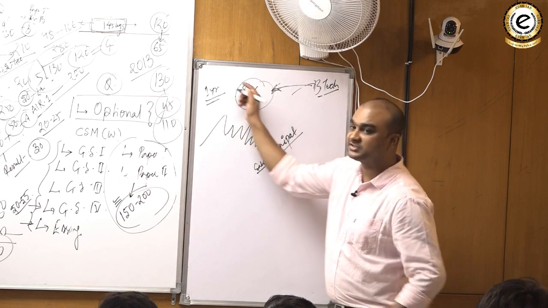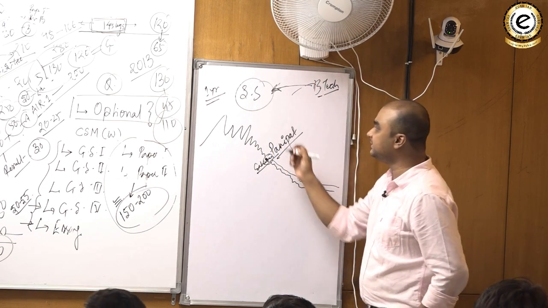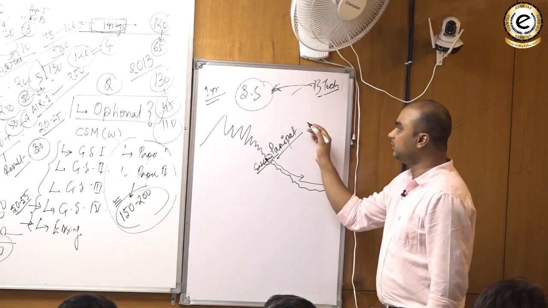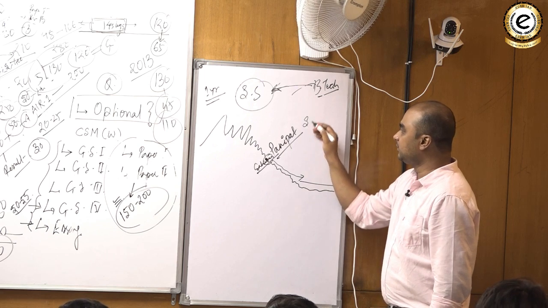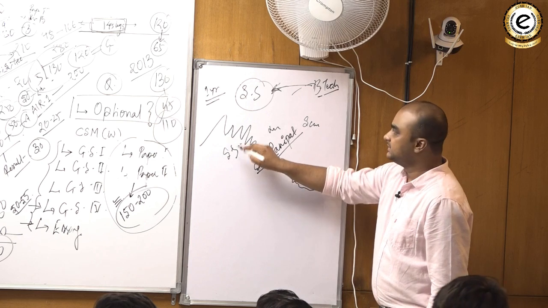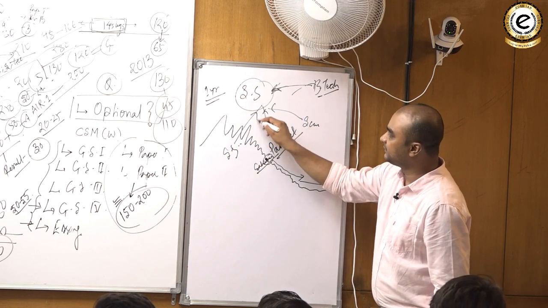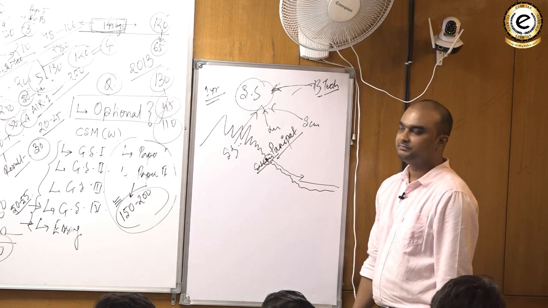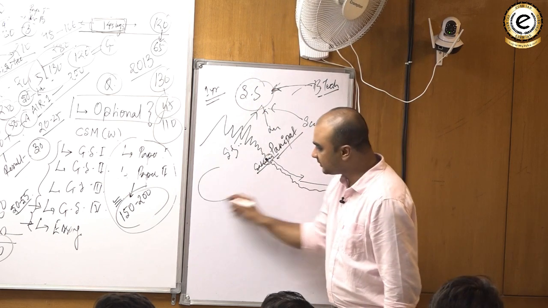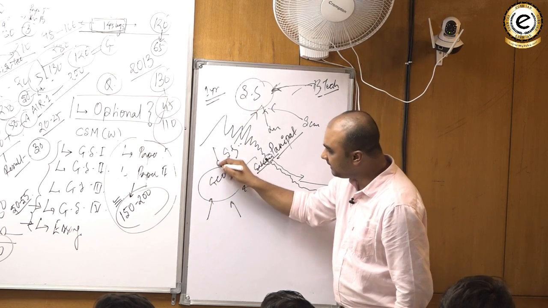So when you choose such an optional where you do not have interest, or suppose like this, that people from say science or maths or social science, they all have their own preferences while they choose optional. Geography creates a common ground for all. It attracts people from all backgrounds.